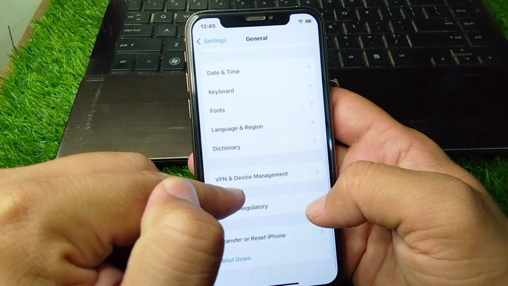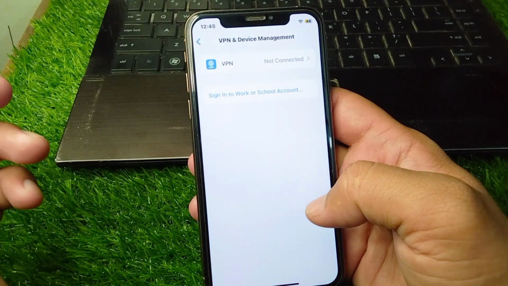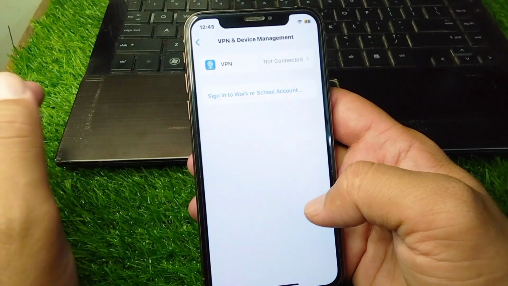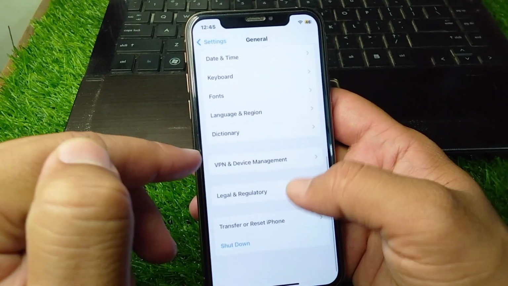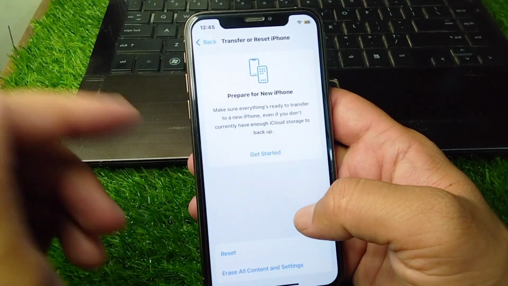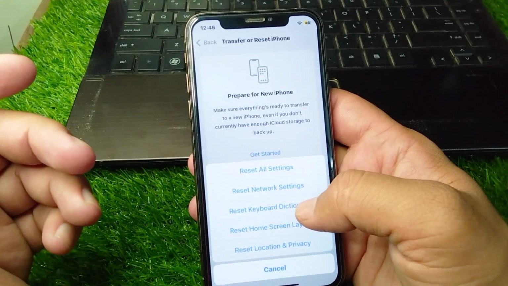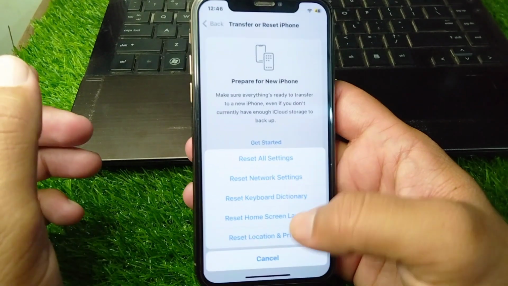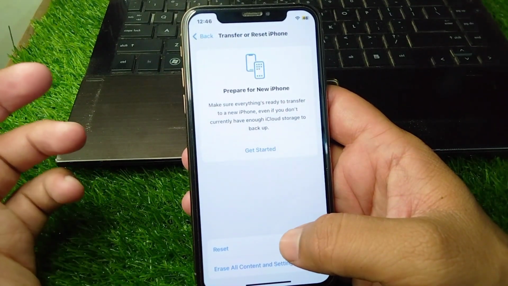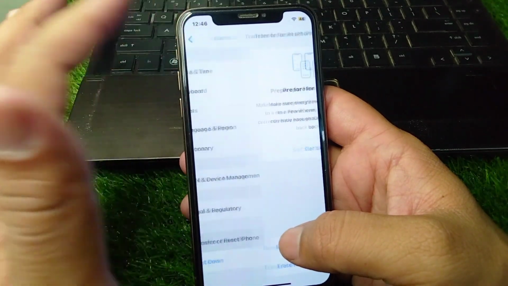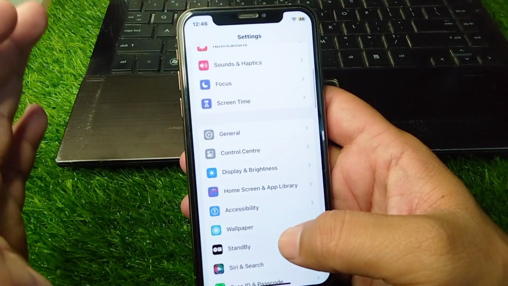and now you have to simply tap on VPN and device management and make sure that there is no connected VPN in this device. So guys, do this and after this go back and tap on transfer or reset iPhone, tap on reset and now reset network settings of your device for one time as well. So guys, do all this and after this restart your device for one time as well. So guys, do this and check if the problem is fixed or not,